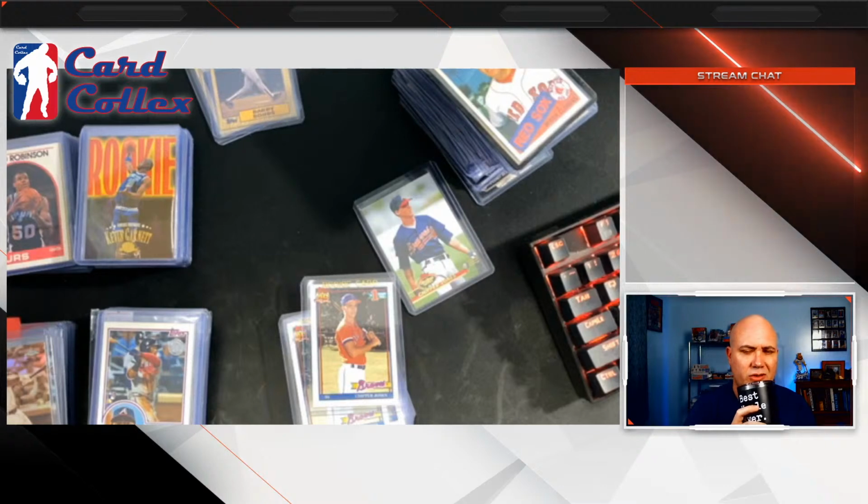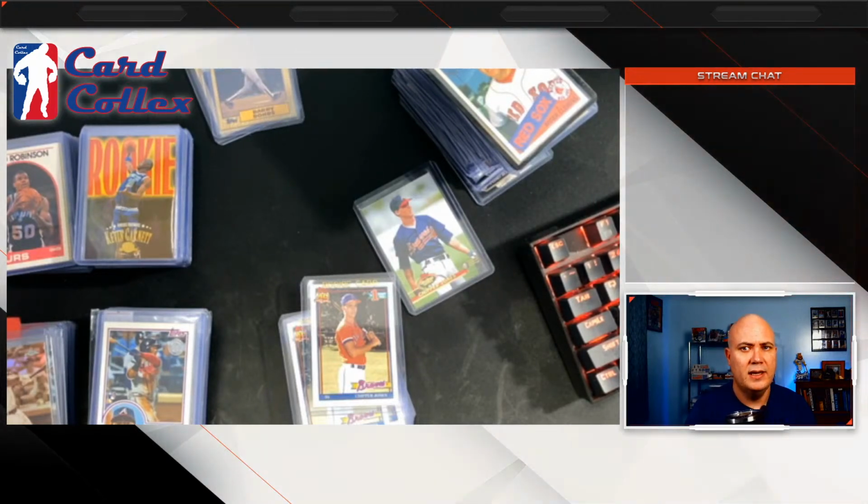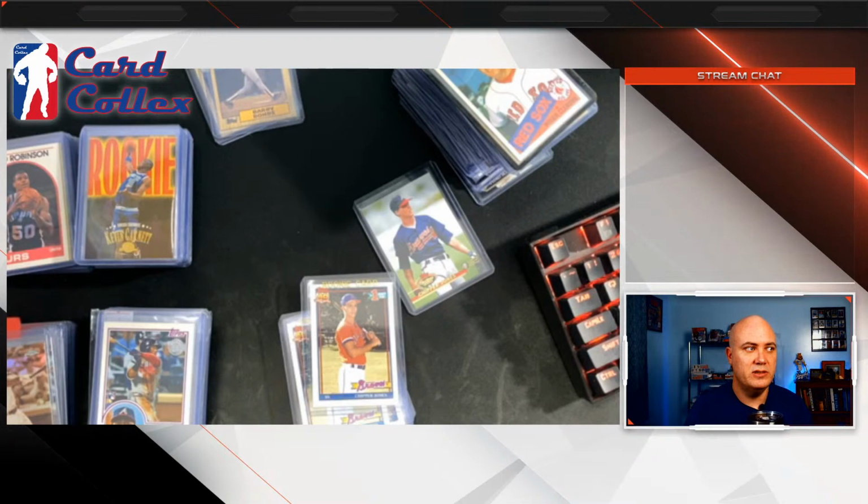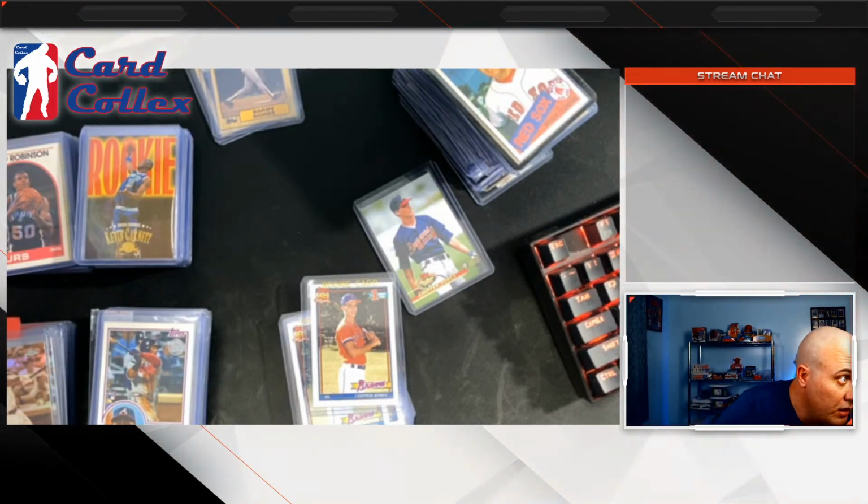So we'll see. It's still really early, but Duncan Robinson tied the Christmas Day record for most 3-pointers in a game. And Collin Sexton is averaging like 30 points a game. Not quite, but pretty close.